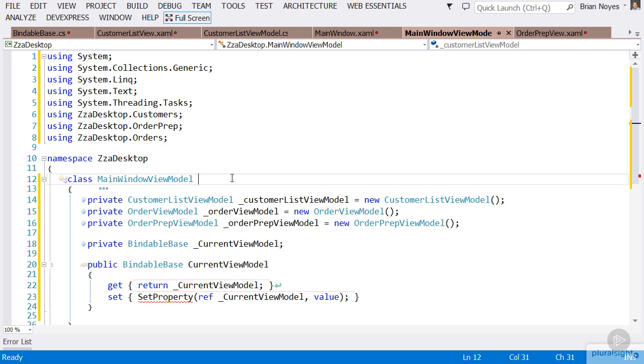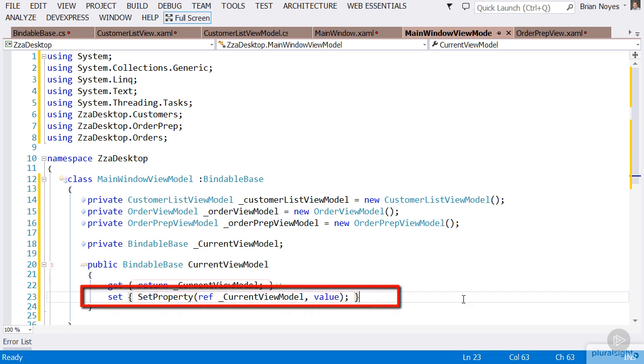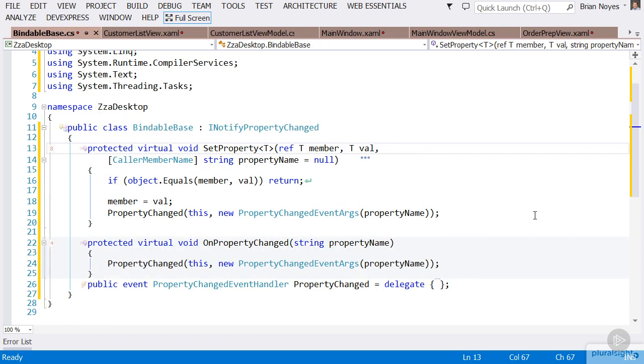Now if we have our view model inherit from BindableBase, you can see that that SetProperty call resolves against it. So you can see the standard use of it is that you're going to pass in the backing member variable by ref into the SetProperty method on the base class, and you'll pass in the value that's currently being set for that property. And now down in the BindableBase implementation of SetProperty, you can see how those members are coming in. The by-ref member variable comes in the first argument, the value comes in the second, and then